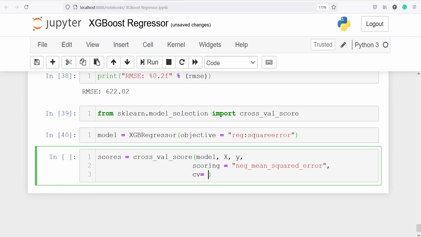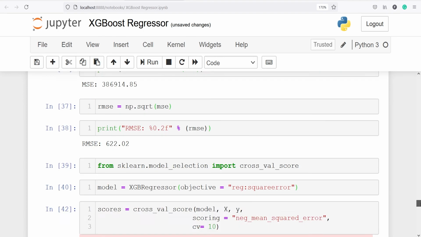I want to do it 10 times, so I will write 10 here. The optimal number is 10 for all those who work on machine learning and want to do cross validation. If you want, you can change it, you can make it 5, 15 or 20, and so on. Let's execute our code.